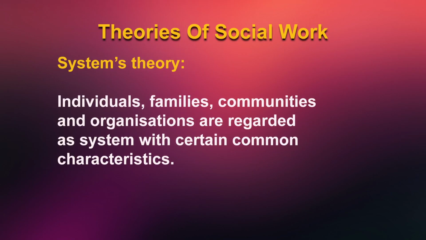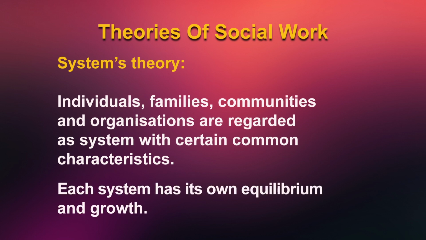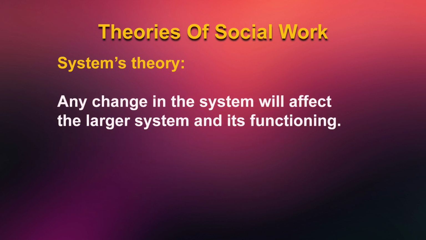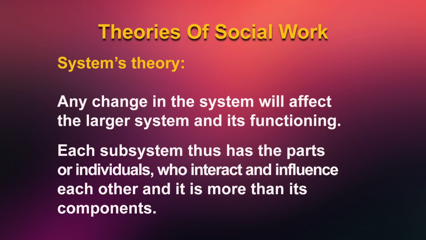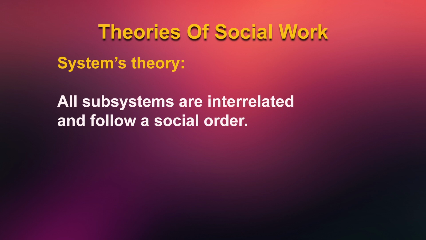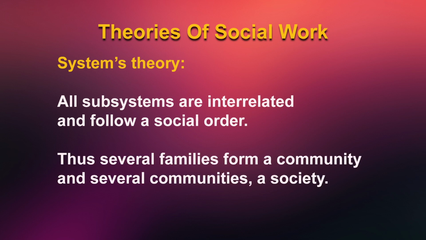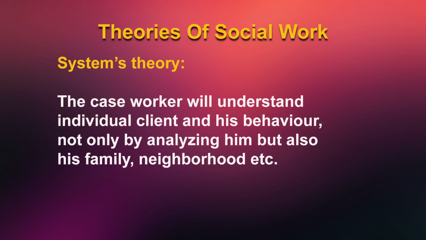Theories of social work. 1. Systems theory. Individuals, families, communities, and organizations are regarded as systems with certain common characteristics. Each system has its own equilibrium and growth. Any change in the system will affect the larger system and its functioning. Each subsystem thus has parts or individuals who interact and influence each other, and it is more than its components. For example, family, which is distinct from its members. All subsystems are interrelated and follow a social order. Thus, several families form a community and several communities a society. Hence, the caseworker will understand the individual client and his behavior not only by analyzing him but also his family, neighborhood,